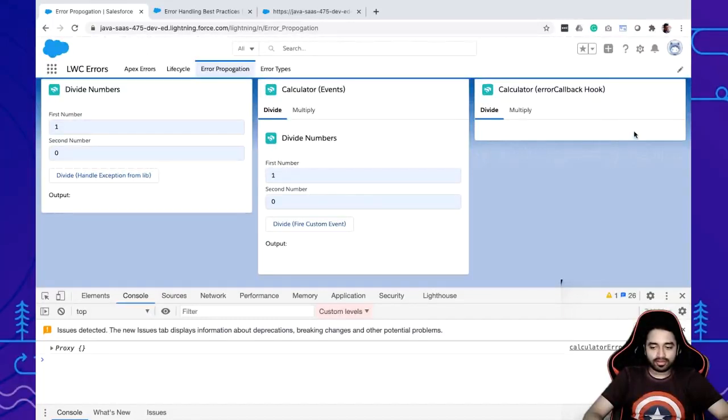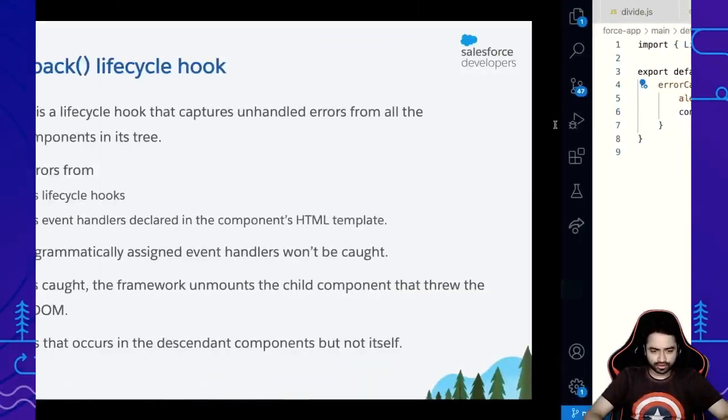And the component is unmounted, which means the component in which the error occurred is actually removed from the DOM. So this is one thing with the error callback hook. Remember that if an error occurs within the component and the error callback catches it, it removes the entire component from the DOM. So that is about the error callback hook.